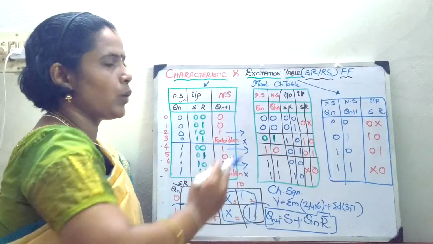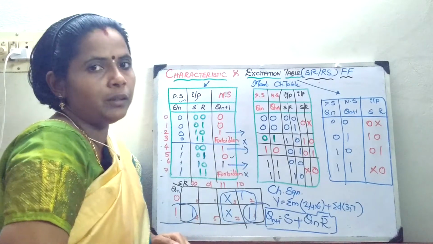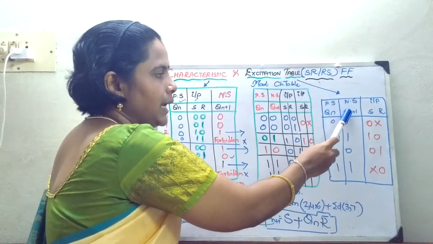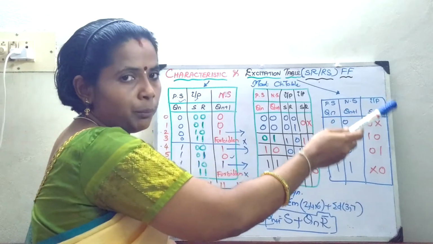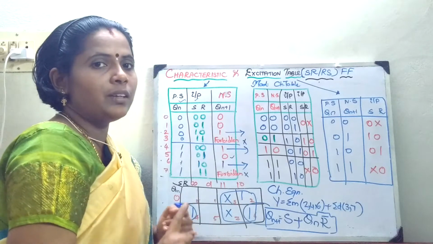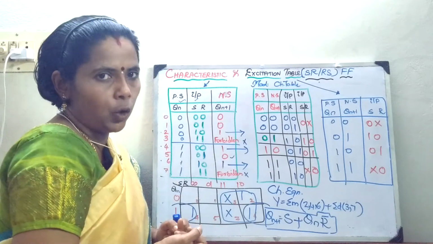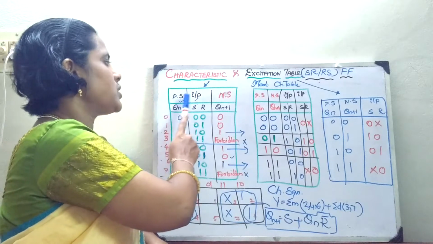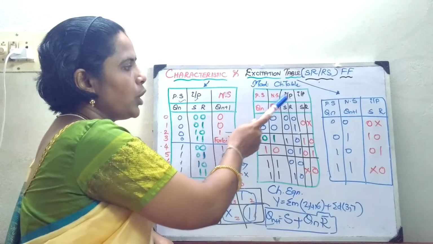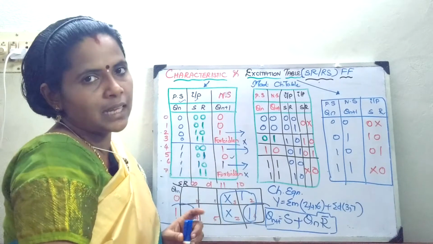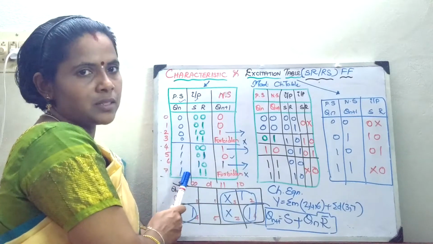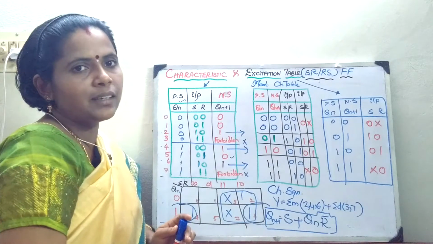Now the next thing is we have to compute the excitation table. Excitation table is nothing but knowing the present state and the next state, if I am going to compute the inputs, then it is called an excitation table. If you are going to take a truth table, you will have input versus output, whereas a characteristic table means present state and input are known, you are going to compute the next state. If present and next state are known, you are going to compute the inputs, it is the excitation table. Now here we are just going to modify the characteristic table and arrive at your excitation table.